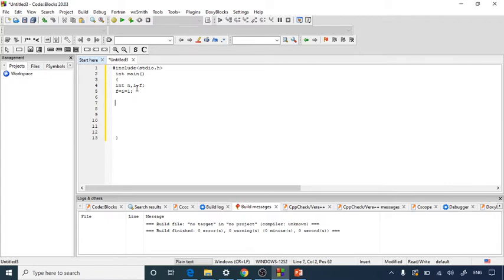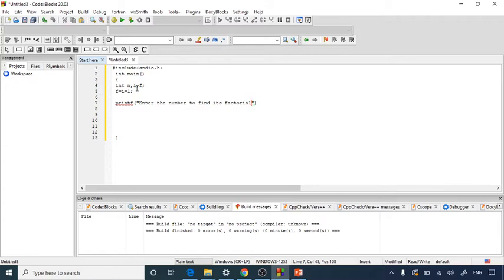Now we will take n from the user, that is, of which number you want the factorial. So we will write down: enter the number to find its factorial. If you put 5, then it will multiply like 5 into 4 into 3 into 2 into 1, from 5 till 1.